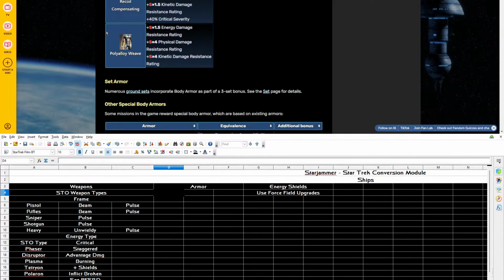I think that we can make this work by simply saying that, well, no, because that doesn't work. Because every class is going to have its own proficiencies when it comes to armor. So we are either going to have to, like, make this armor light so that everybody can use it,